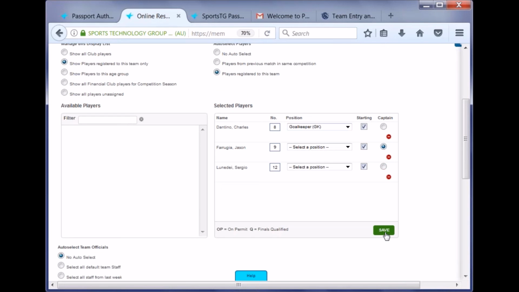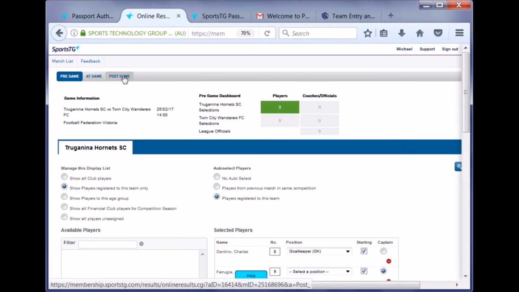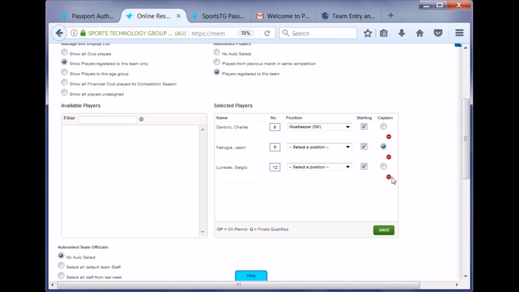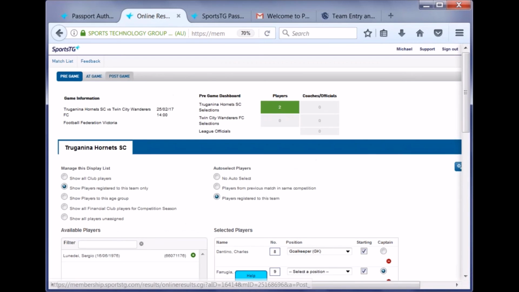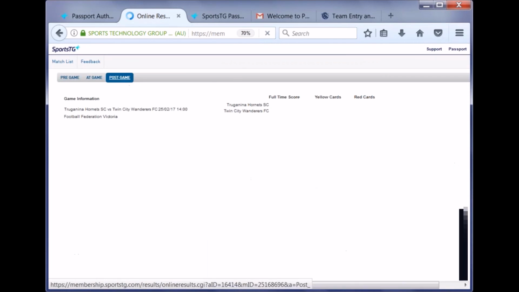And once I hit save, that information will then translate across into the post-game. You'll see I've selected 3 players there. If I was to remove 1 player and save it, it will now become 2. So if you go to post-game,